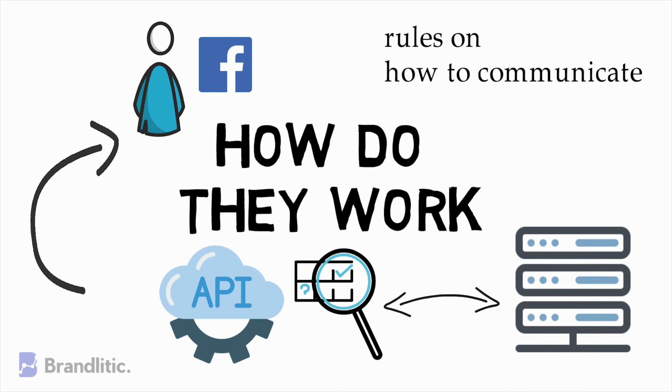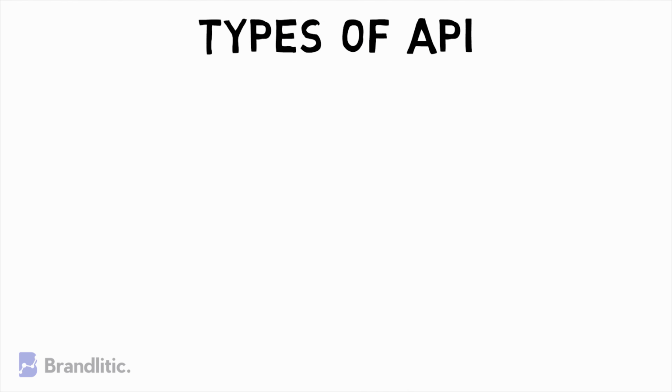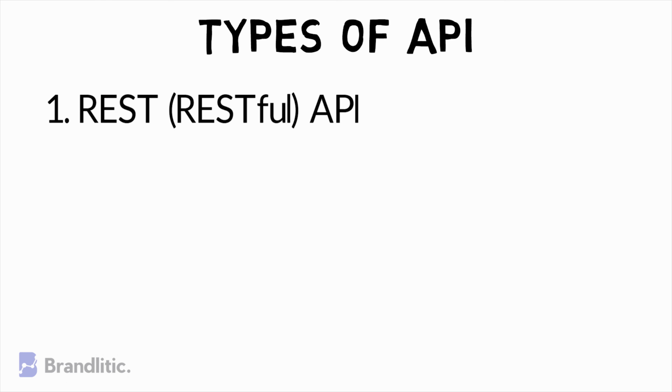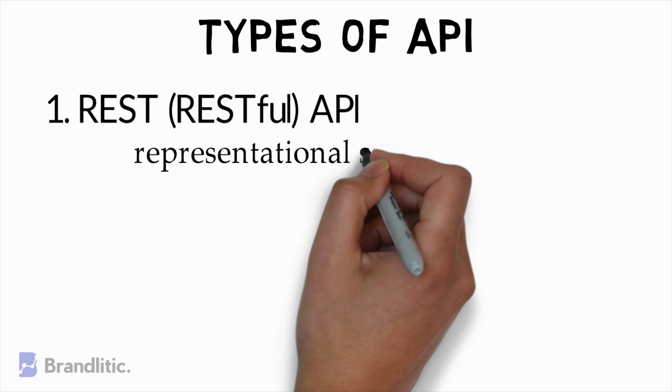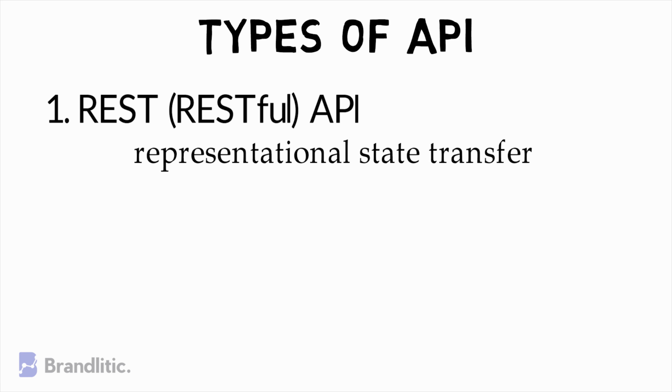But there's a lot of variety to APIs. Let's take a look on each one of them one by one. Number 1. REST or RESTful API. It stands for Representational State Transfer and delivers data using a lightweight JSON format. Most public APIs use this because of its fast performance, dependability and ability to scale by reusing modular component without affecting the system as a whole.